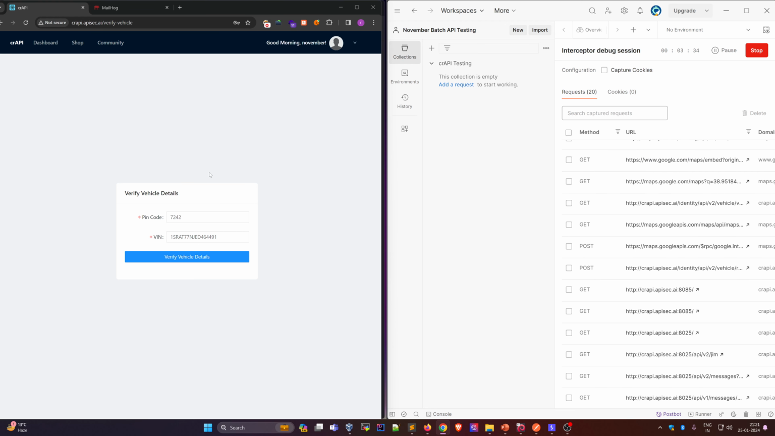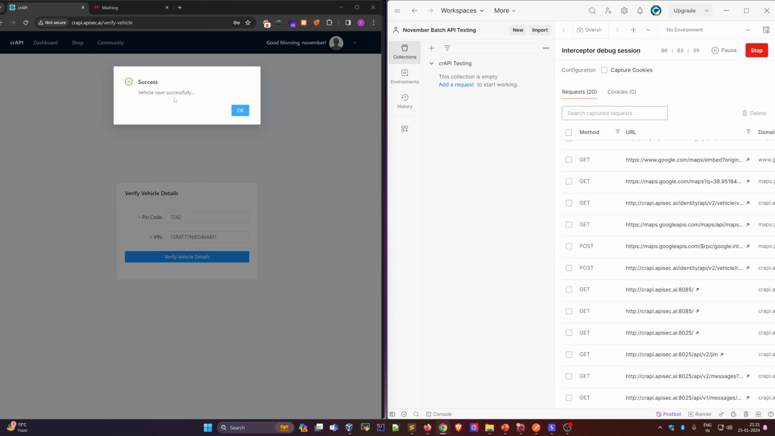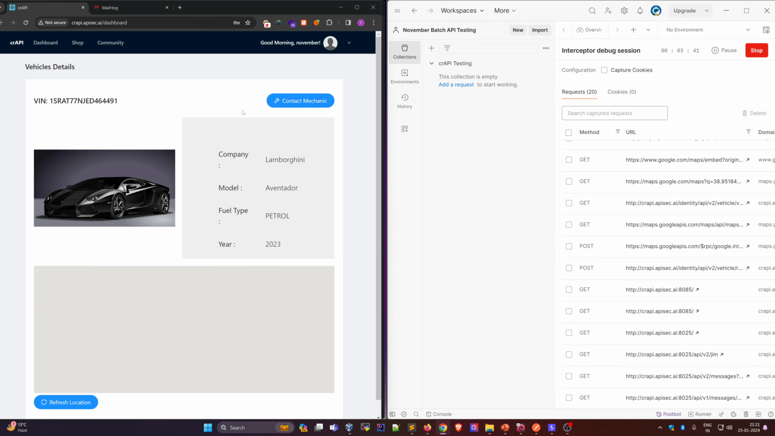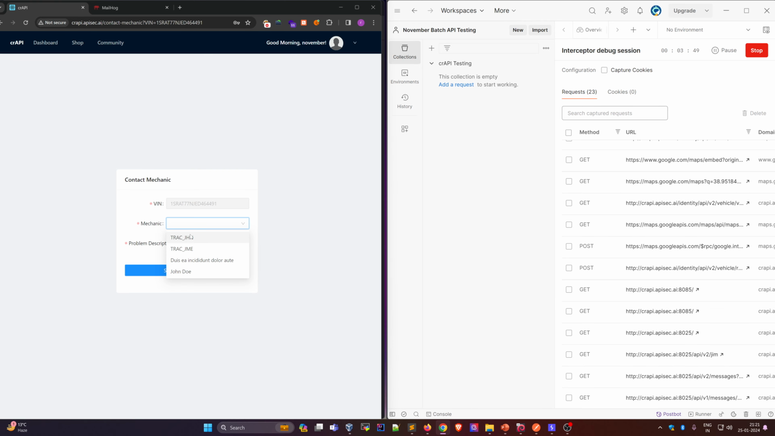See, you can see that. So, verify vehicle. Vehicle saved successfully. It's a Lamborghini. Oh, great. There is also a contact mechanic option. So this, then problem,